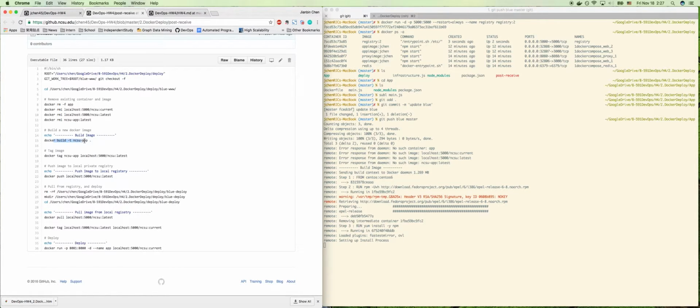Then it will build an image called NCSU app, and then modify the tag of that NCSU app. Then it will push the image to a local registry. Then